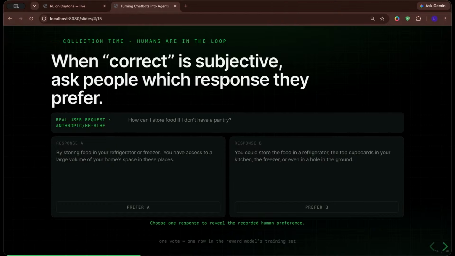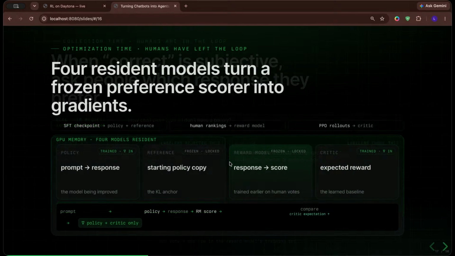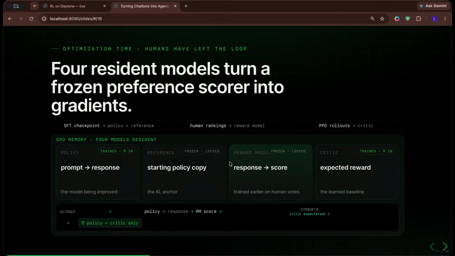Which response would you prefer to hear when you receive that response? You might remember using GPT and it giving two different responses. I'm not sure if they still do this, but yeah, you kind of choose what you prefer. And then based on that, a reward model gets trained that kind of makes the underlying LLM more aligned to